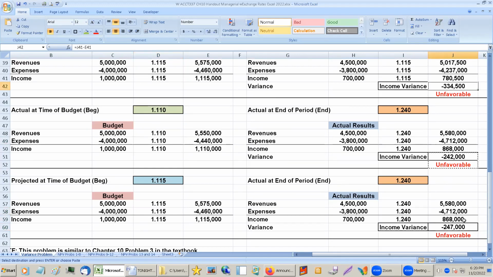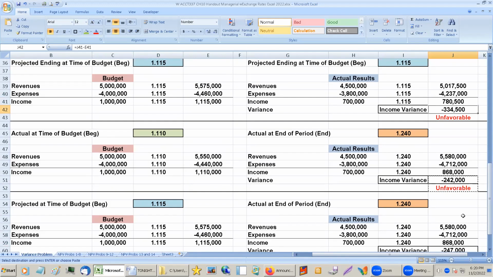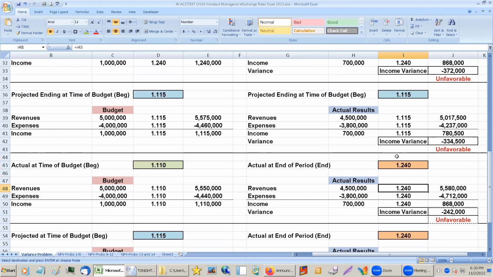And here's the thing too, it goes both ways as far as evaluating someone's performance. And what I mean by that is